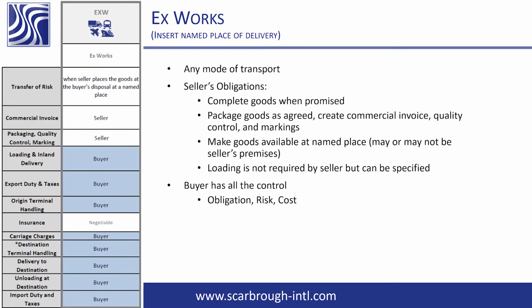On an ex-works shipment, who's responsible to provide the SLI or file the AES? Okay, so now we're talking exports from the States. At the end of the day, on an ex-works term coming out of the United States, which is a routed export transaction, the buyer is responsible to authorize their chosen forwarder to file